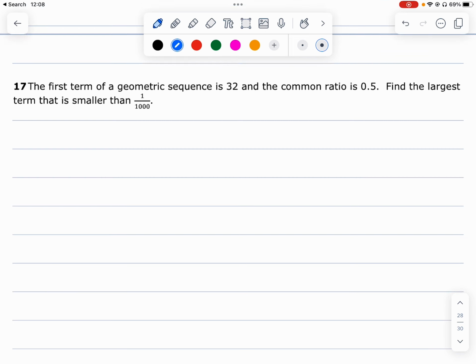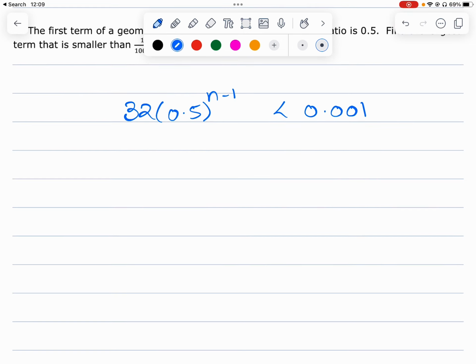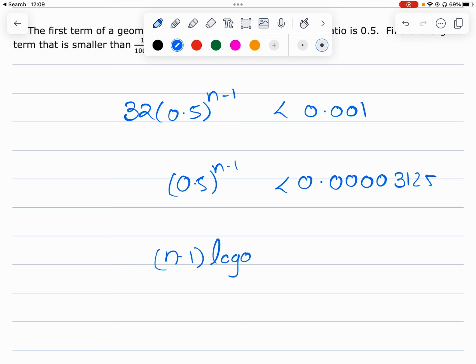Question number 17. The first term of a geometric sequence is 32 and common ratio 0.5. Find the largest term that is smaller than 1 upon 1000. So the first term is 32 and the common ratio is 0.5, to the power of n minus 1, and it should be less than 0.001. You can use the graphing calculator and get that value. If the graphing calculator is not allowed, you can apply logarithms. So n minus 1 times log 0.5, but when you are applying the logarithm, the inequality symbol changes,